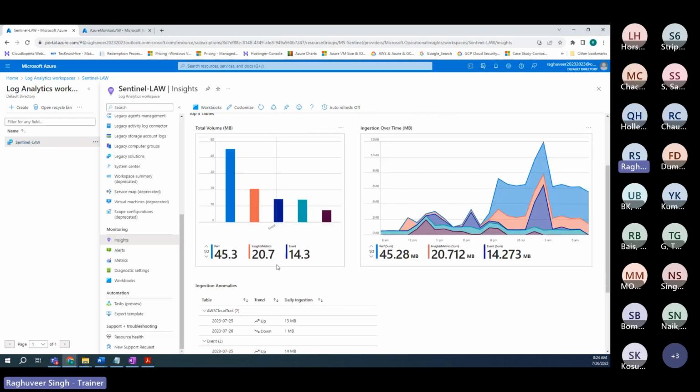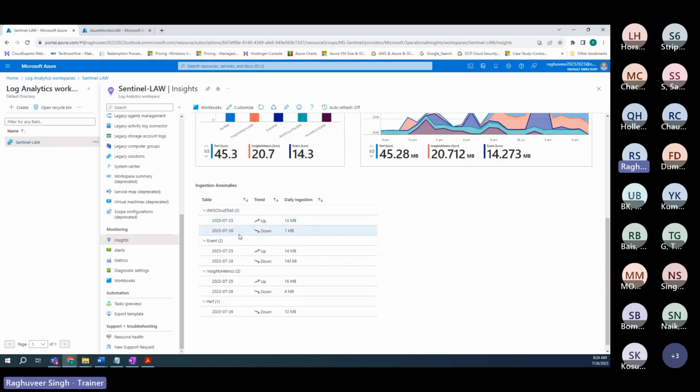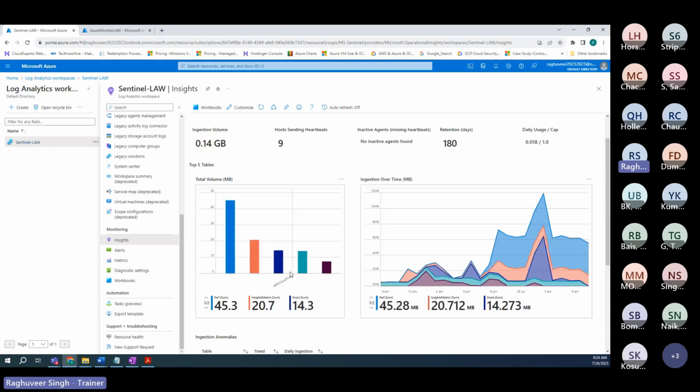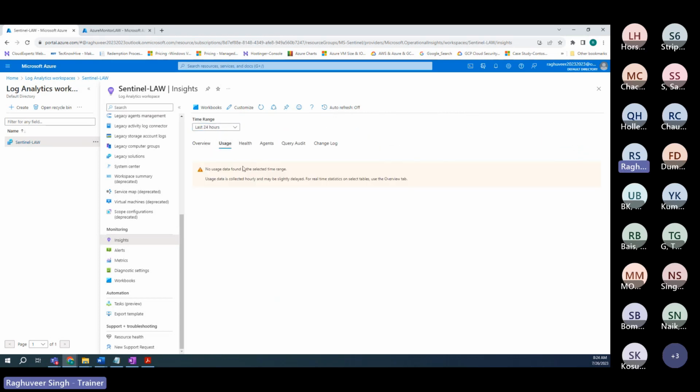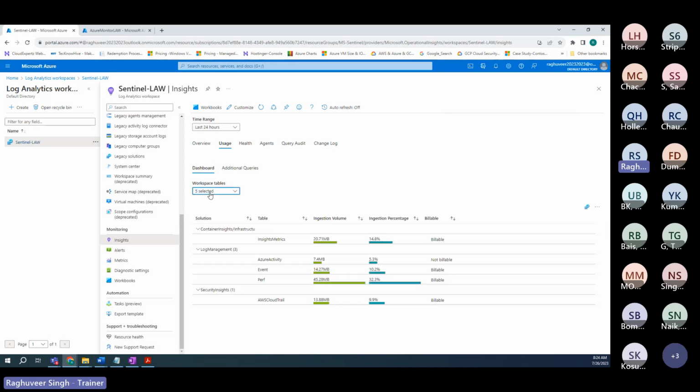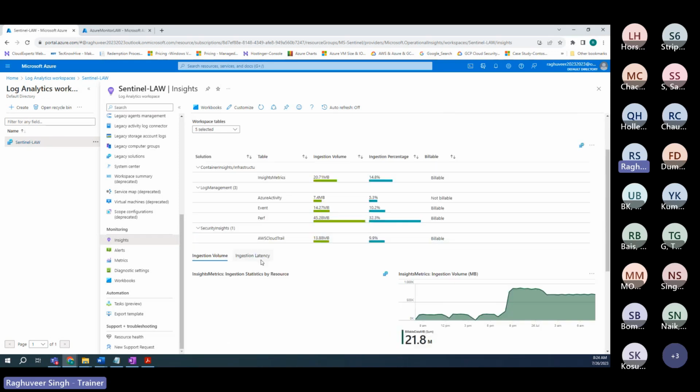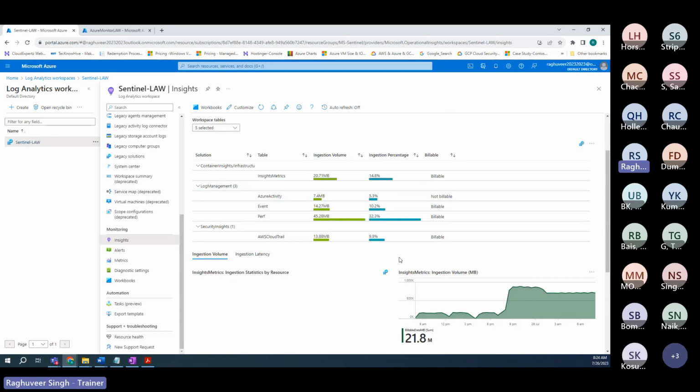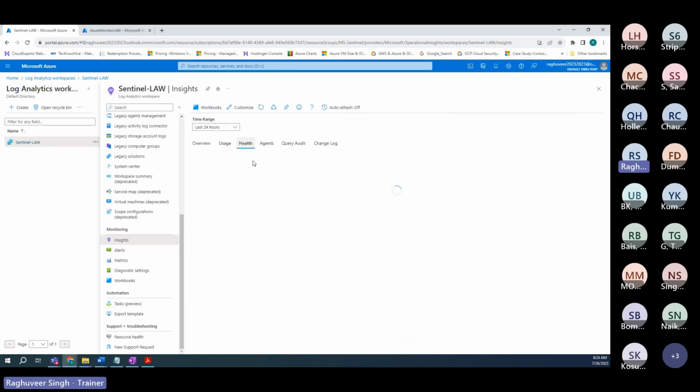All of this information is available. It also shows you ingestion anomalies, what was my maximum, what is my minimum, all of that. So it shows you usage, and it shows you health data also. You can see all the tables. These are the tables in the workspace, and here's the usage across the tables. It shows you health,